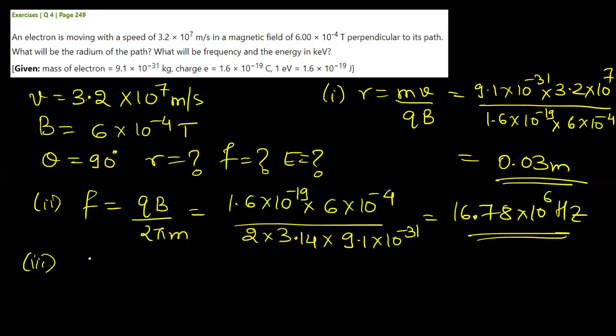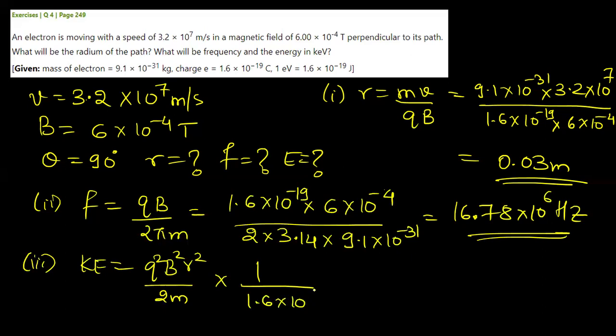Energy in keV. Third point is they are asking energy. So the kinetic energy formula is q square B square r square upon 2m. Since they are asking in keV, you will have to multiply that. Now what did I do here? See, the kinetic energy formula is q square B square r square upon 2m. You need to convert it to keV. The answer when you solve kinetic energy, only q square B square r square upon 2m,